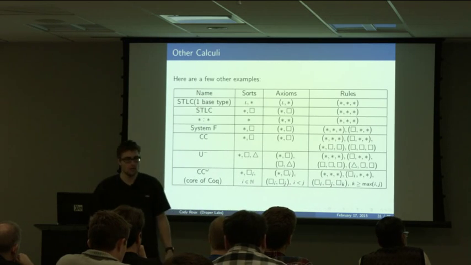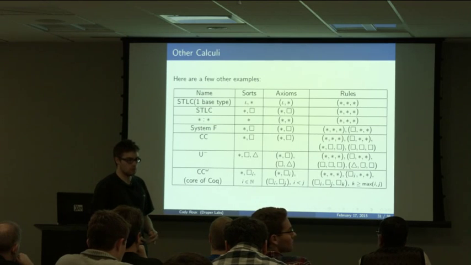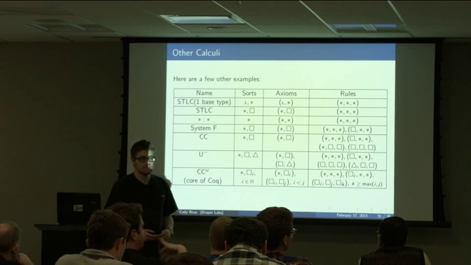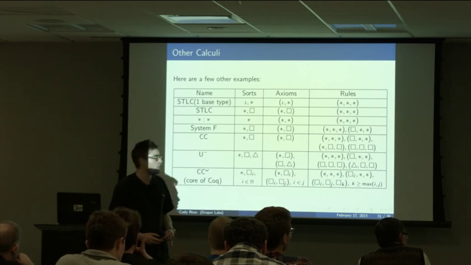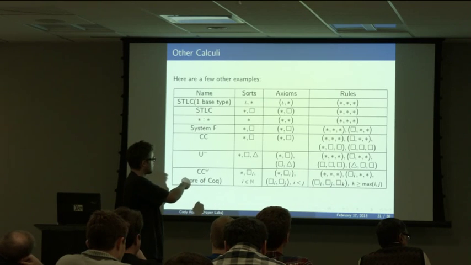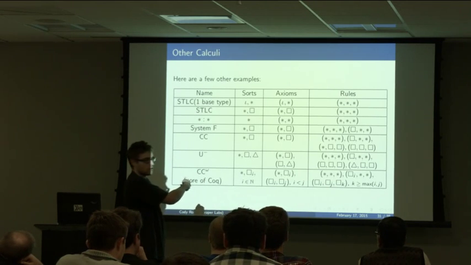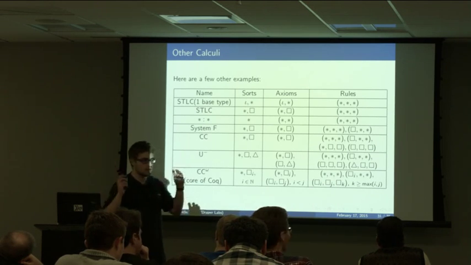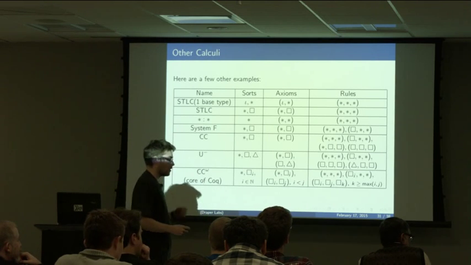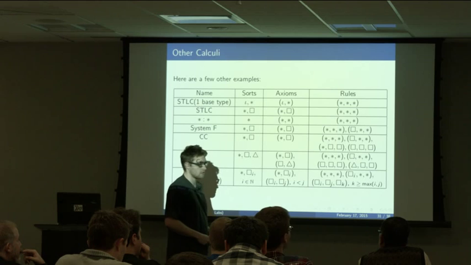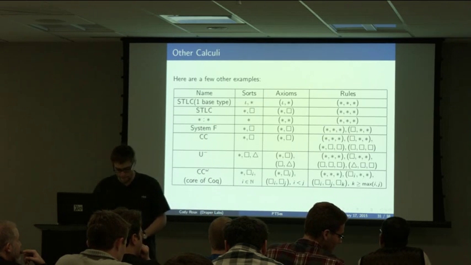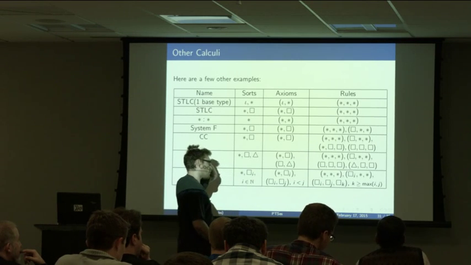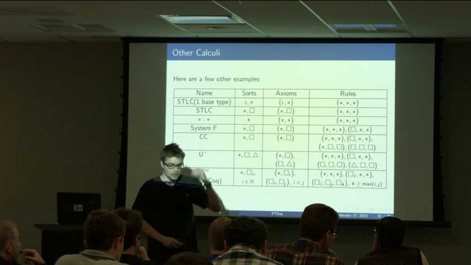So you can't do universe polymorphism with that? No. That leads to inconsistent logic. Well, you can. Type is a type. So if type is a type, that is exactly the system. Okay. So this is really the system in which the universe is part of itself. And you think universe polymorphism is really trying to figure out what those i's, j's and k's are behind your back. Right? Yes. They're just talking about type in type, and you actually have real universes behind your back, then it's trying to find the smallest assignment of those integers that it can. Yeah, so I have a story about that, but it's a story for another time.